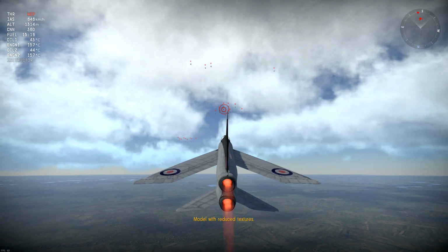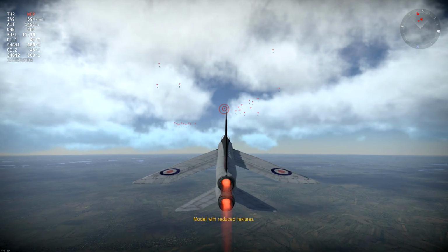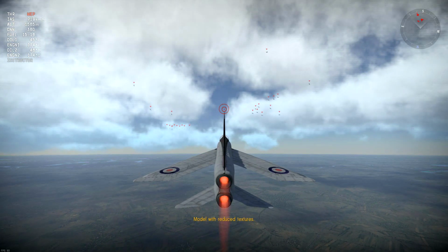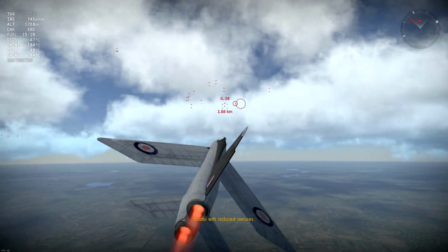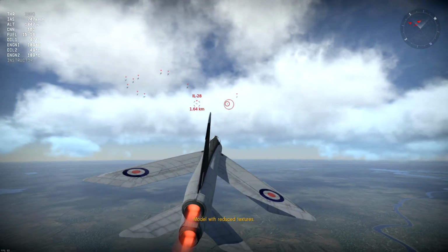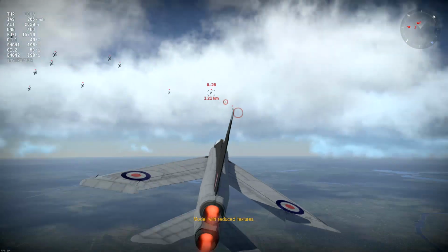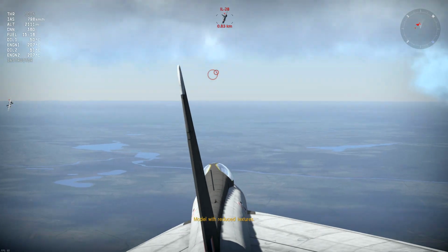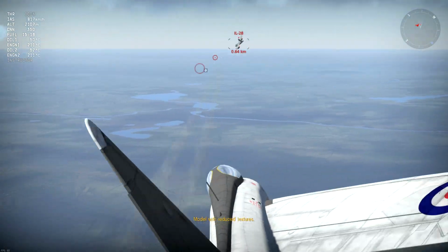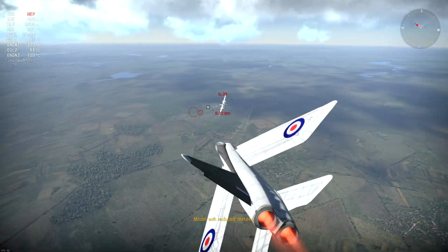That's one of the things I've always been most interested in talking about: the potential of this game and all the different things you can do in it, and the things we're going to be able to see in the future. But right now you can see we're going to be intercepting some IL-28s and some Pe-8s. This thing was actually designed to intercept some big, beefy, heavy Russian jet bombers,